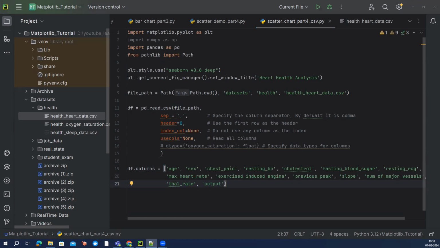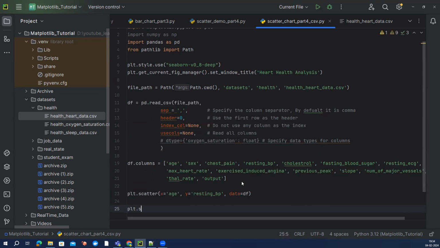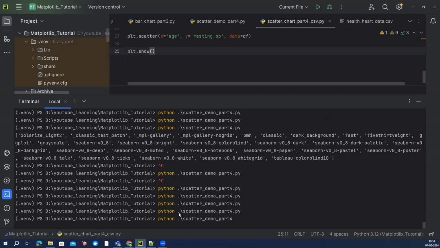Now, the next thing is, I have a data frame where I have enough data. So what I'm going to do is use the same thing, plot scatter. Here I have to provide the x-axis data and the y-axis. I'm going to say x equals age, y equals resting_BP. Then, with this pandas data frame, all I need to do is pass in data, and say df, which contains my data frame with all the CSV data I read. And then if I put plot show, I should be able to run this and draw